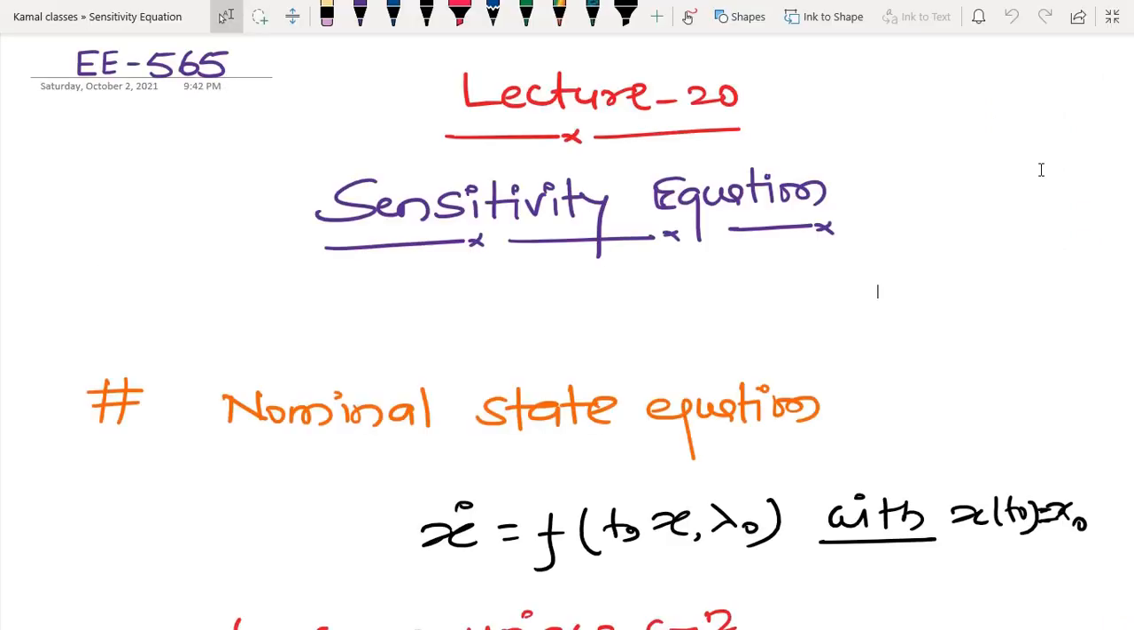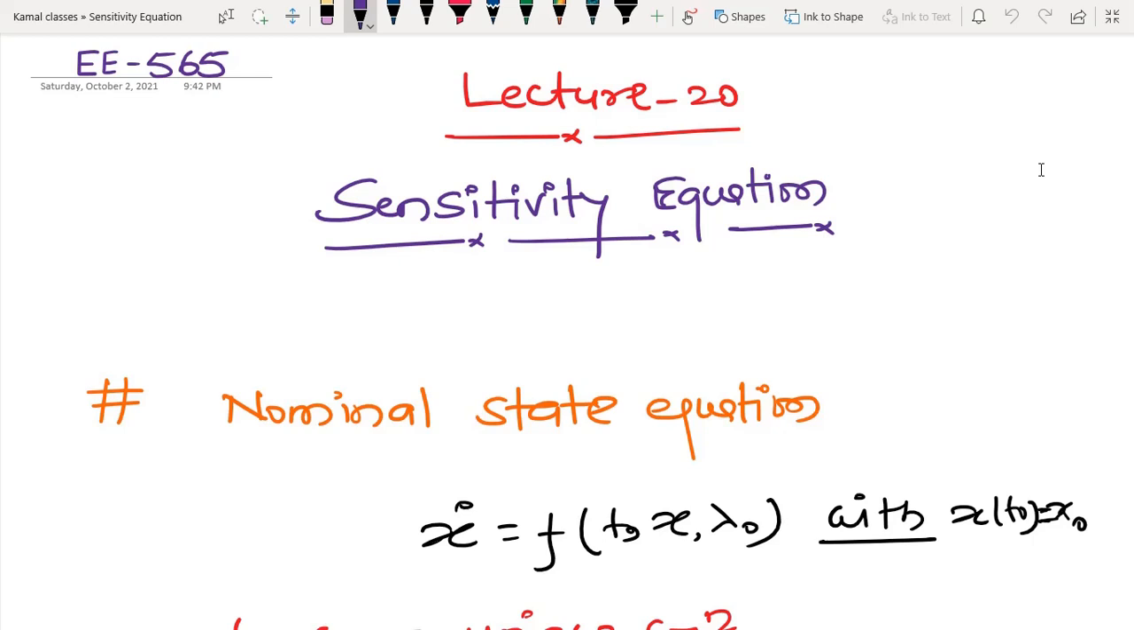So welcome back. In today's lecture, I am going to talk about the sensitivity equation. The main goal of the sensitivity equation is that we are also going to define the sensitivity function. Suppose that I have some dynamical system, and you might have seen that inside a dynamical system we have several system